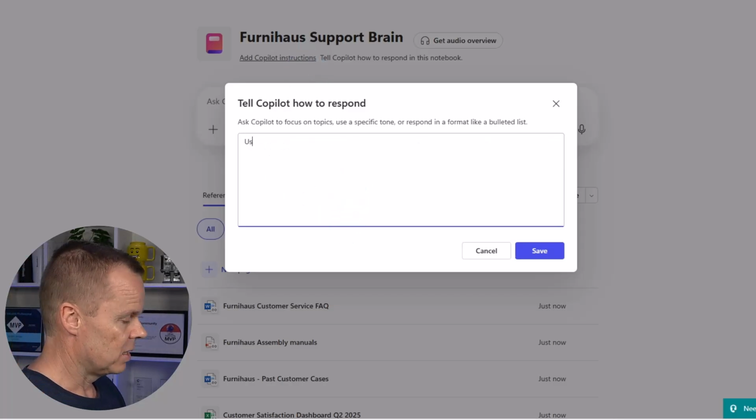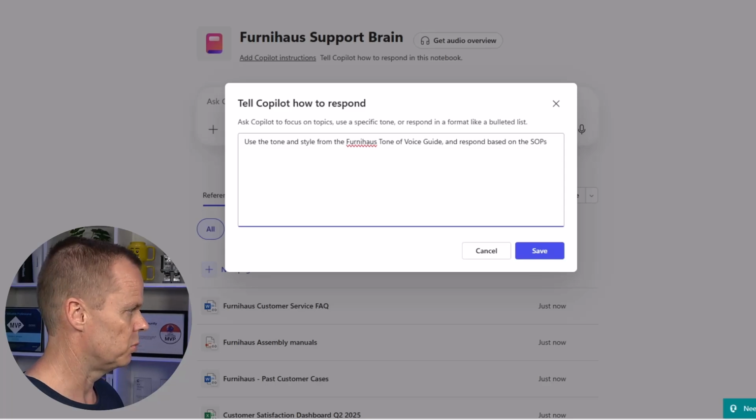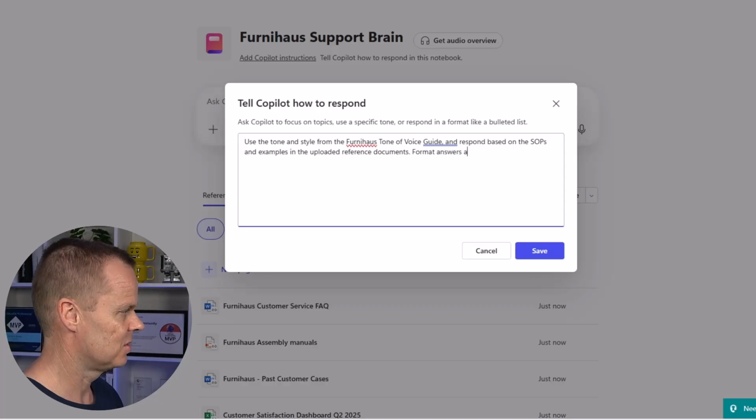Let's say something like, use the tone and style from the Fernie House tone of voice guide and respond based on the standard operating procedures and examples in the uploaded reference documents. Format answers as full